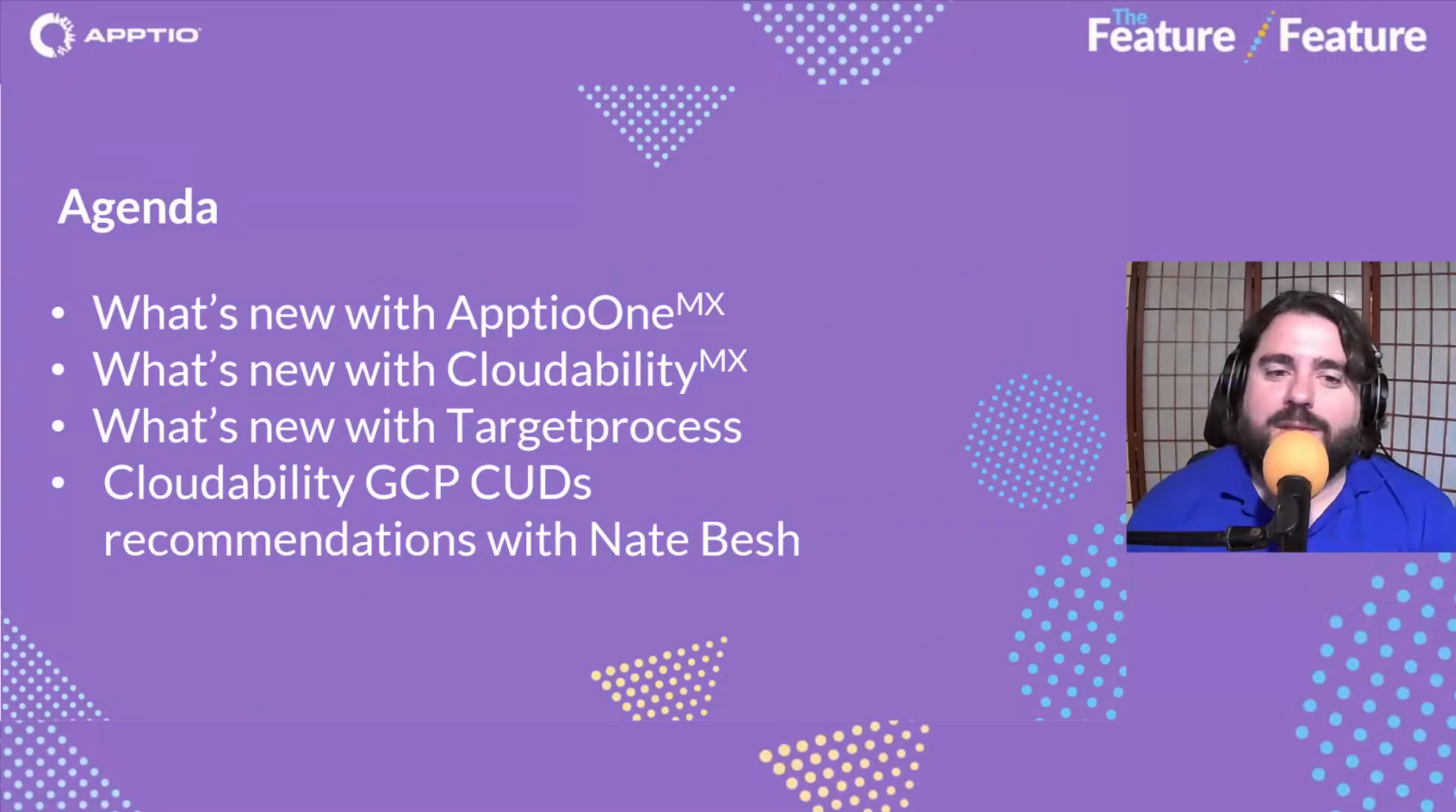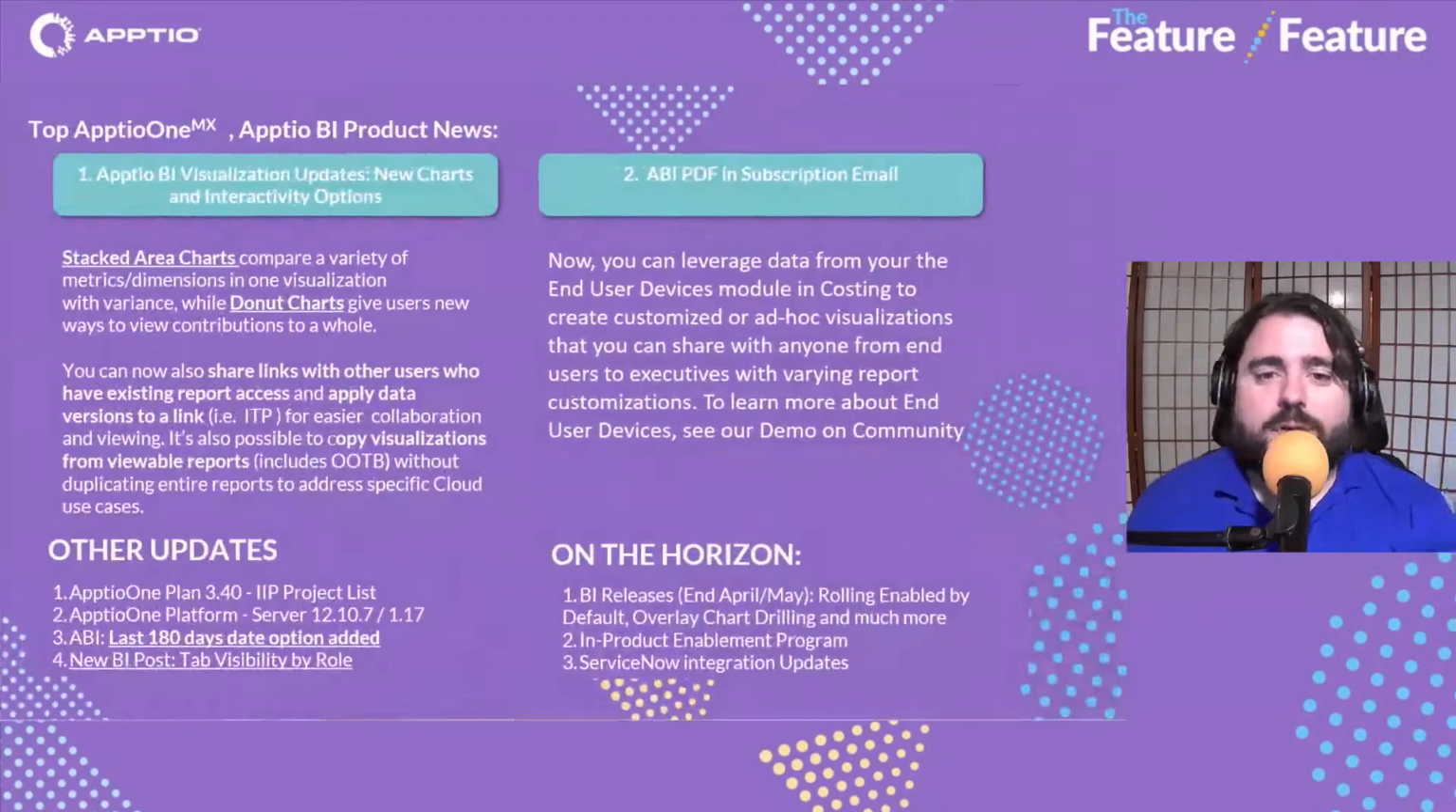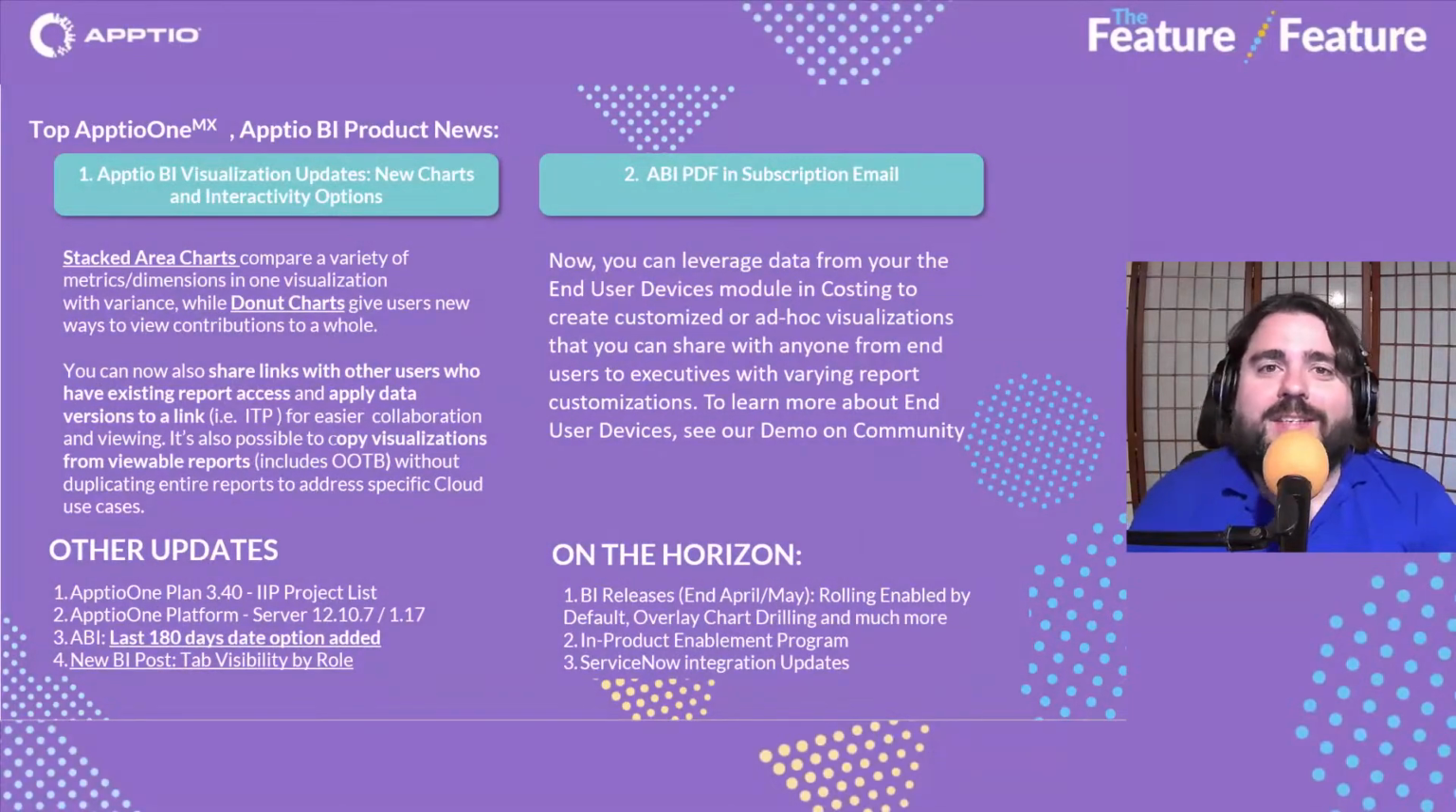We're going to be talking about what's new with ApptioOne, what's new with Cloudability and Targetprocess, as per usual. And we've got a really good conversation going in depth a little bit about our new Cloudability GCP CUDS recommendations. That's the Google Cloud Platform Committed Use Discount recommendations for those that aren't familiar with the acronyms. We're diving into that with Nate Besh. And without further ado, before we get there, we're going to dive into the updates for